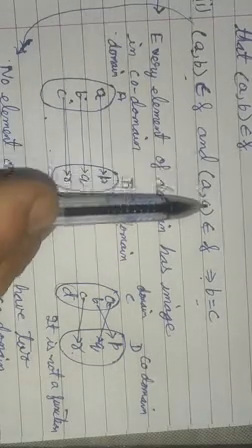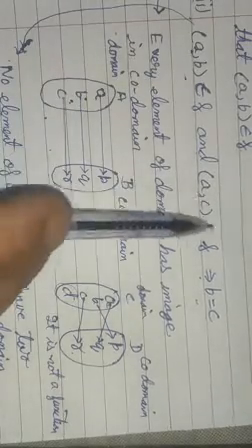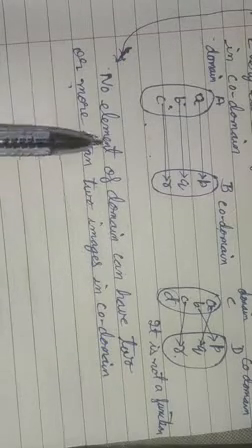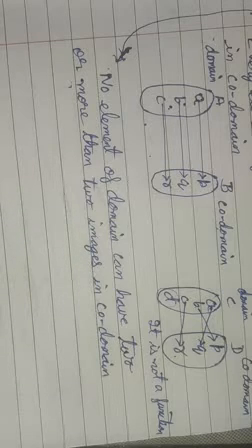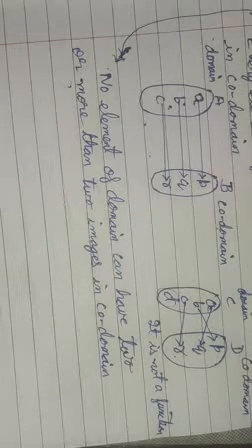Now here also we are saying that image of a is b and if image of a is c in a function, then this b and c will be the same element. And in other language you can say that no element of a domain can have two or more than two images in a codomain. एक से ज़्यादा इमेजेस नहीं हो सकती हैं किसी भी डोमेन के एलिमेंट की.